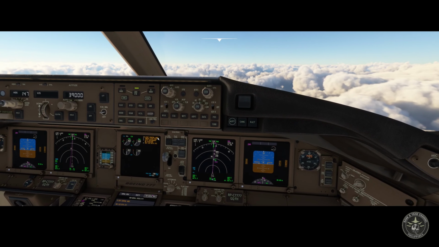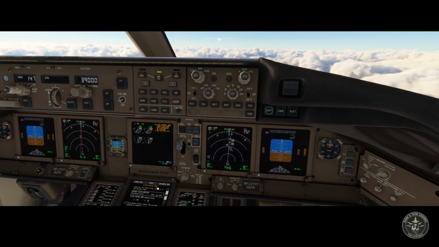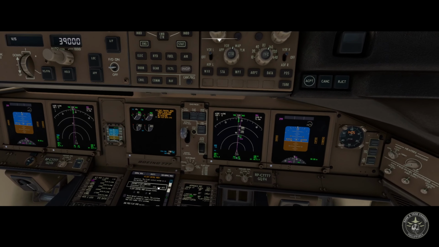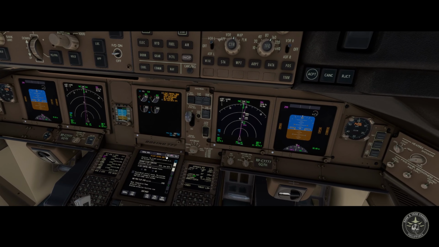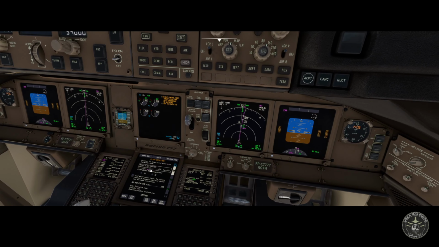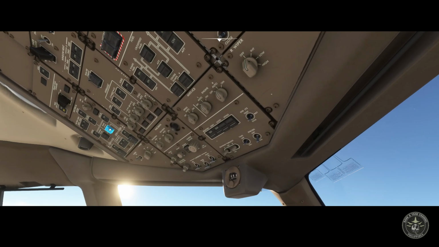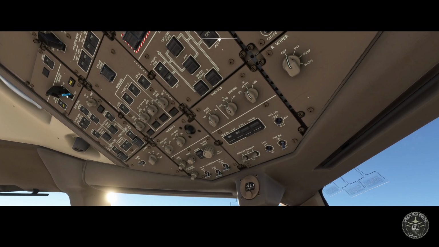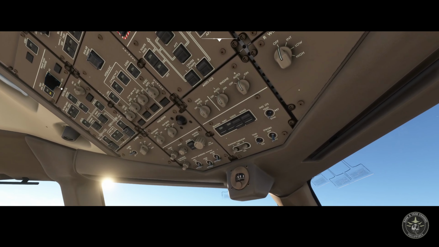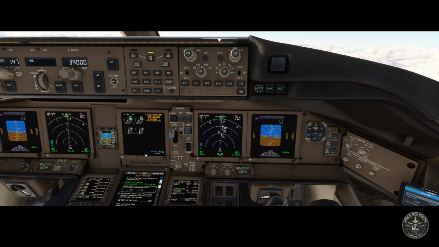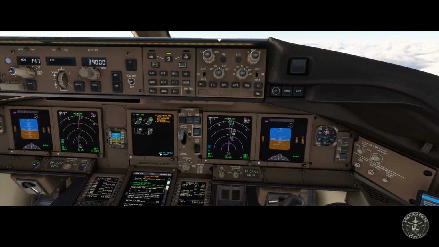Okay, continue checklist, flight control mode. The flight control system is in secondary mode. Primary flight computer disconnect switch: disconnect, then auto. Flight control mode message blanks?